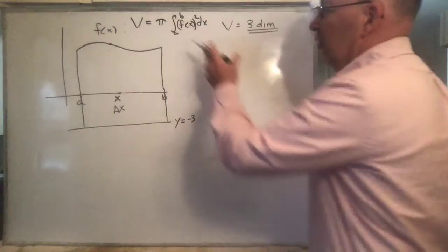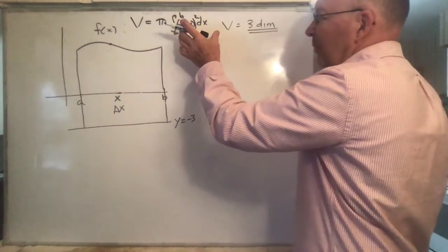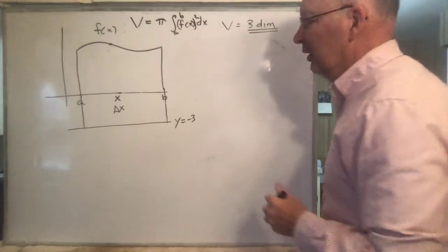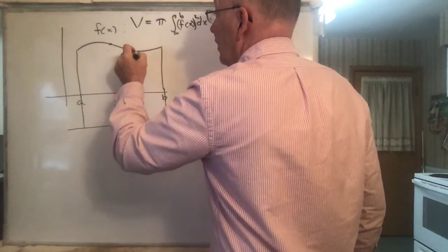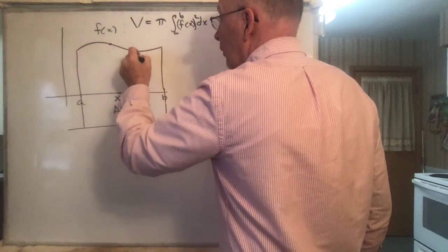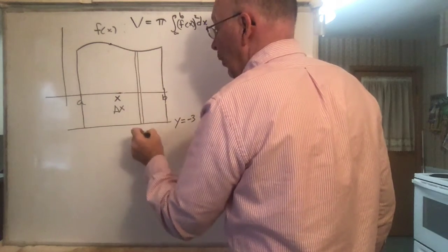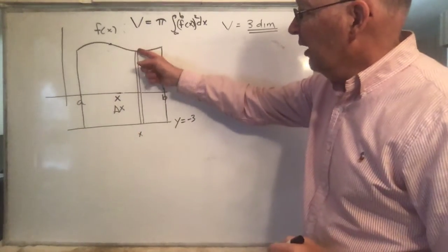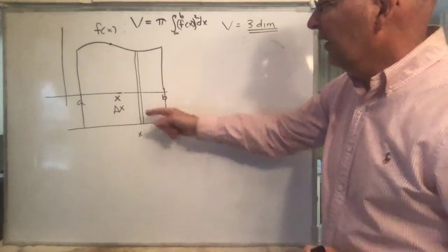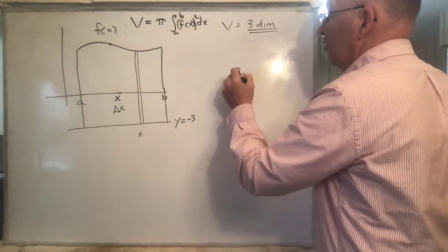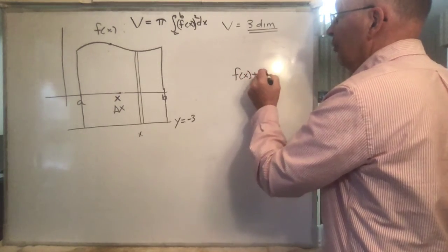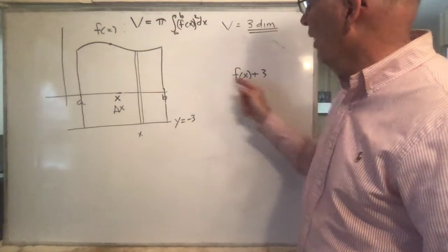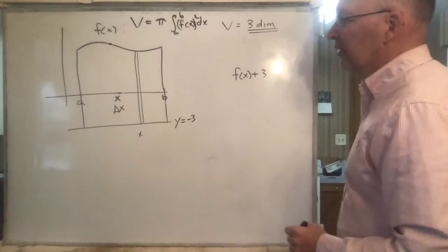Well, don't spend too much time saying, "Oh, I've got myself a formula. I'm going to use it." Instead, rethink what we did. Okay? Rethink what we did. What did we do? At any point x, we needed this as our radius. In this case, the length of the radius is going to be f of x plus 3. Agreed? F of x is this length, 3 is this length, so f of x plus 3 is the entire